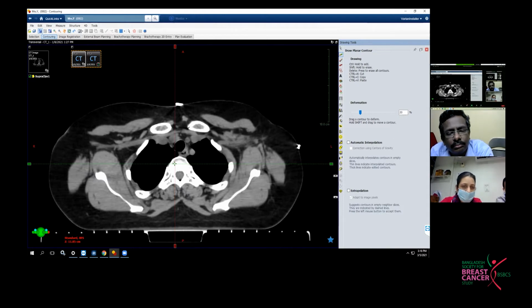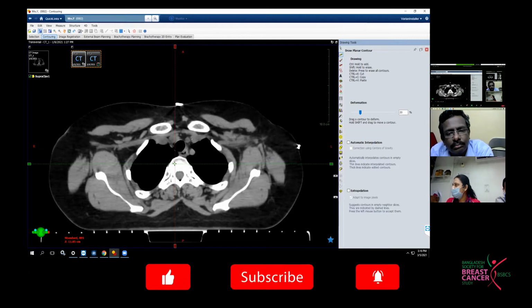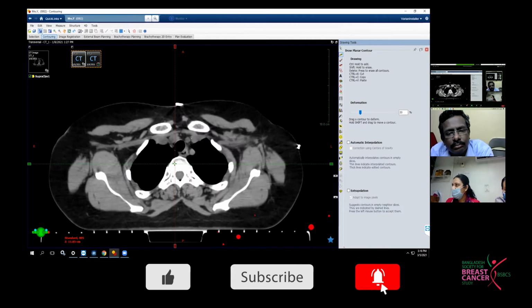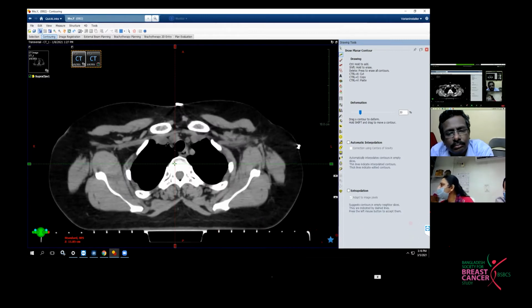Carry on, you're correct. You can carry on, demonstrate the structures. So you have demonstrated the supraclavicular structure quite well, there is a carotid artery. Do you want to show me the other structures like trachea, esophagus? No, that we will discuss in the axilla. So pertaining to supraclavicular contouring, we can just restrict currently to that.